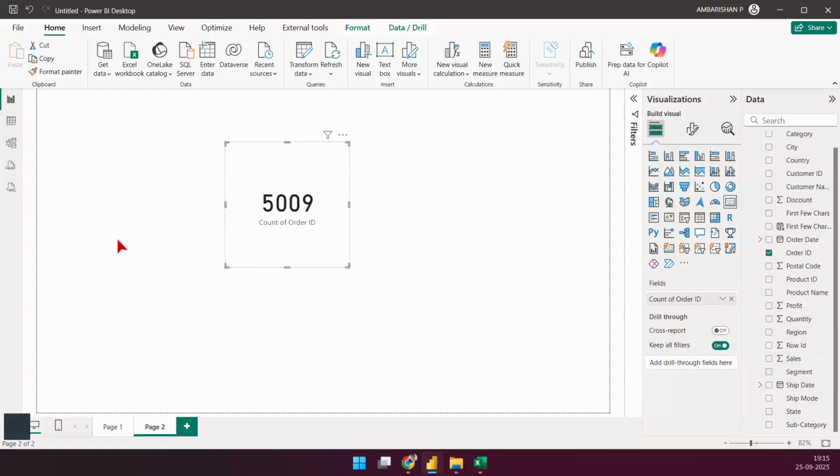This is just 4 years of information about a sample data set. We have about 10,000 rows, but out of that, 5,000 odd rows are distinct. There are so many duplicates, but there are 5,000 odd orders that we have processed. So the numbers and the way you get to these results are going to be pretty easy, pretty simple. Like I said, you don't have to sweat a lot. If you understand the right ways of doing things, it's going to be very easy.